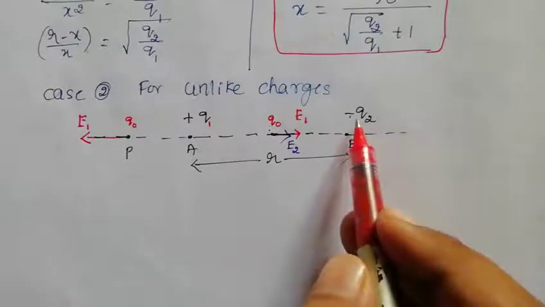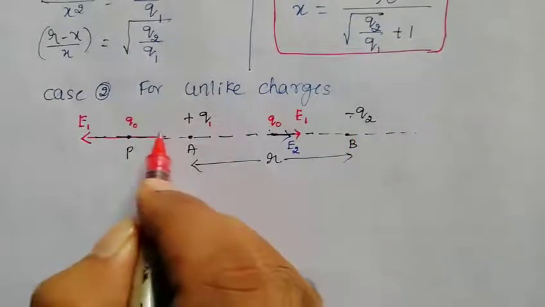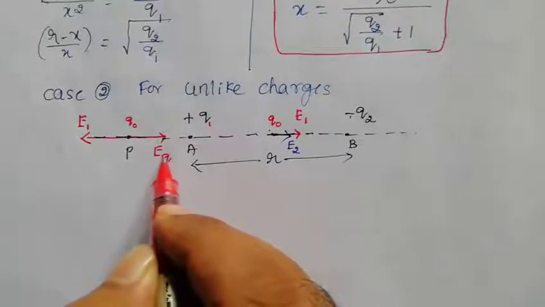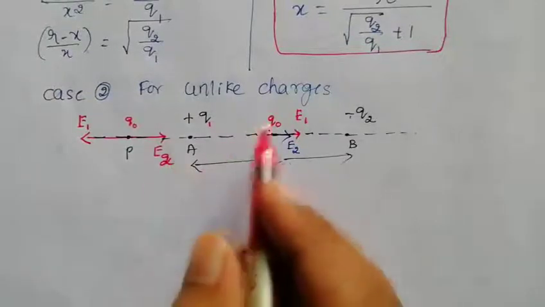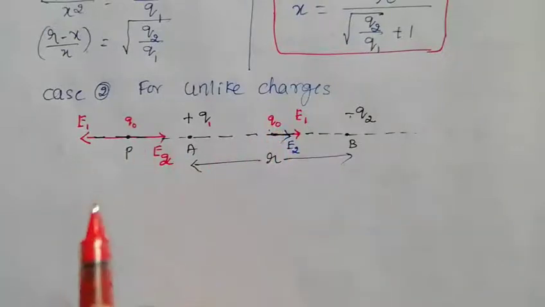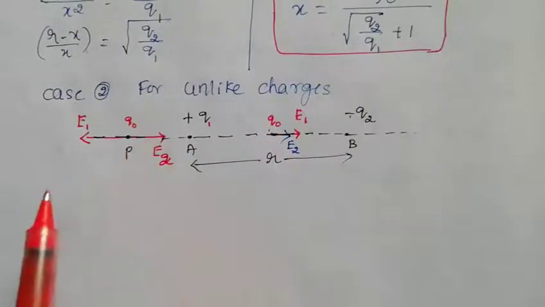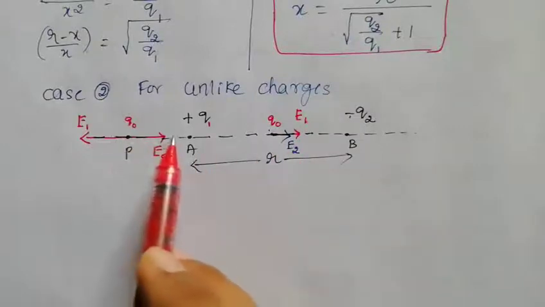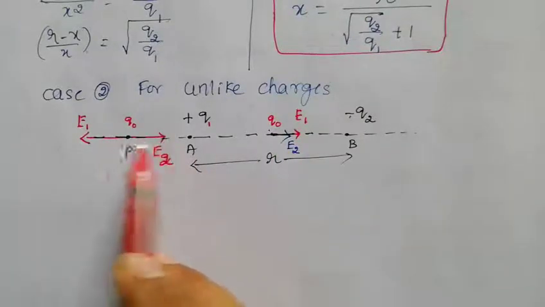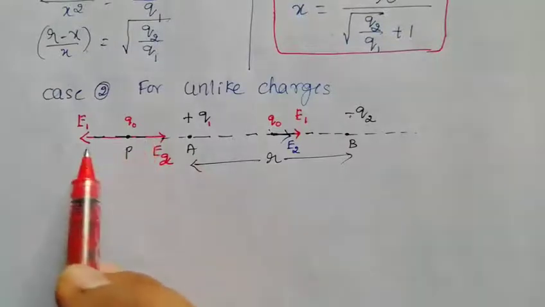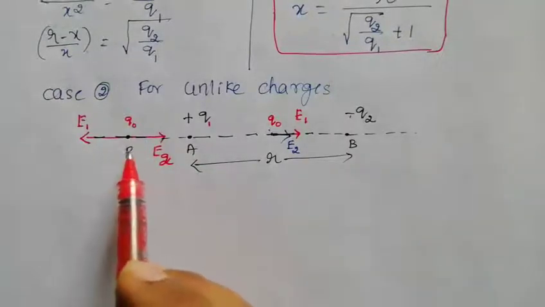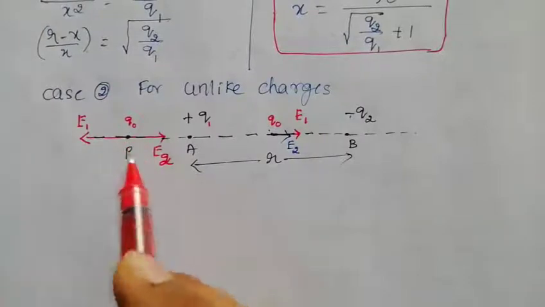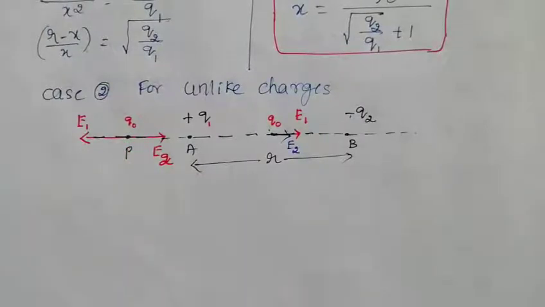Electric field due to the negative charge, what direction now? It will be in this direction. That is E due to the second charge, Q2, simply write E2. Now see, there is a possibility outside, not inside. Outside, both can be equal and opposite. Somewhere they will become equal and opposite, so they cancel, and we can get net electric field as 0.